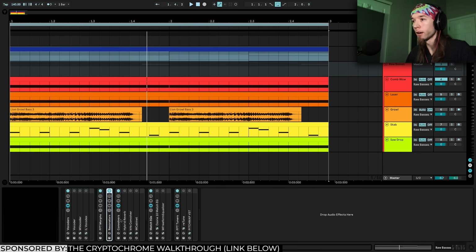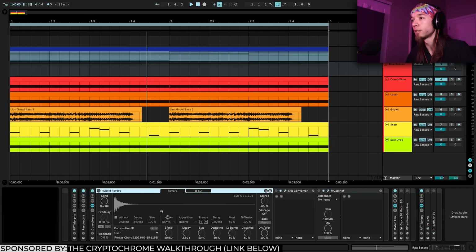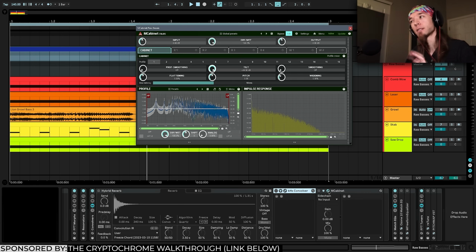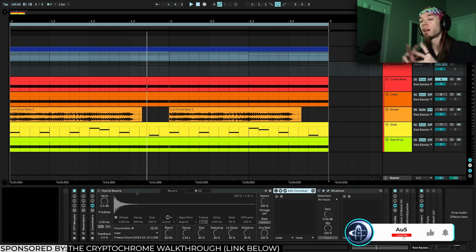Then the next category is convolvers. I have Hybrid Reverb, which is a stock Ableton plugin, the Kilohertz Convolver, and M Cabinet, which is kind of like a hybrid convolver/EQ. They need what's called an impulse response, or basically a source sound to use as the filter to basically colorize